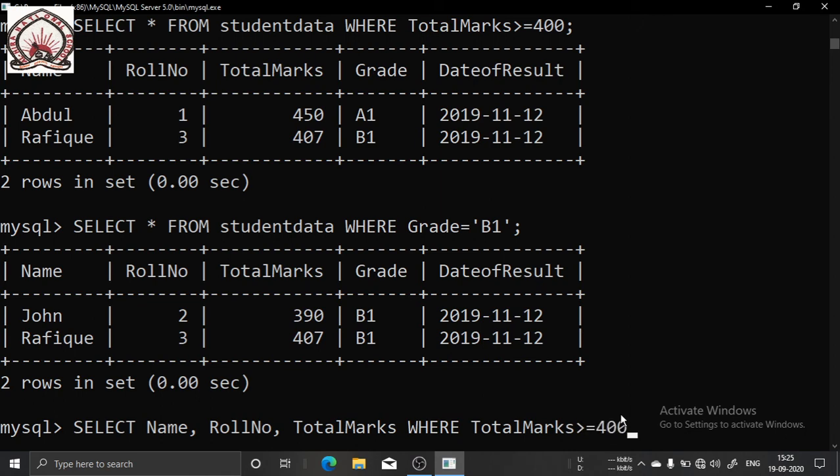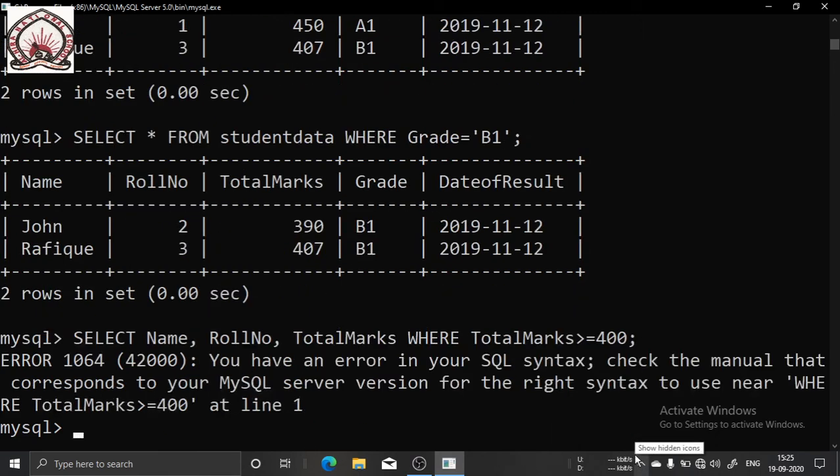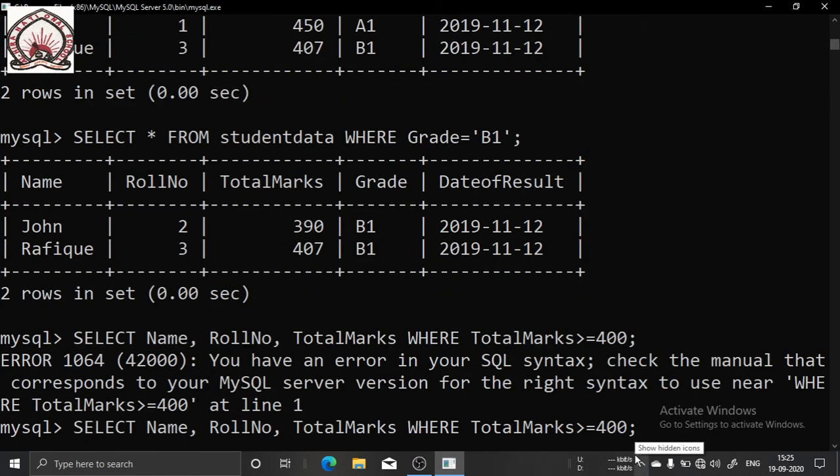You can see here, just see the difference. It is similar to this one, but here I have selected name, roll number, total marks. Oh, sorry, I made a mistake. Select name, roll number, total marks, where total marks is greater than or equal to 400. Actually, in the condition I have made a mistake.